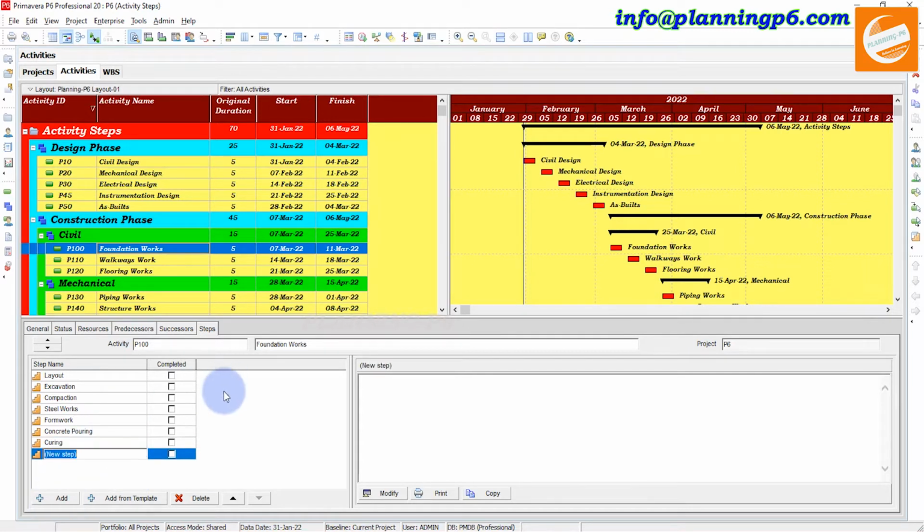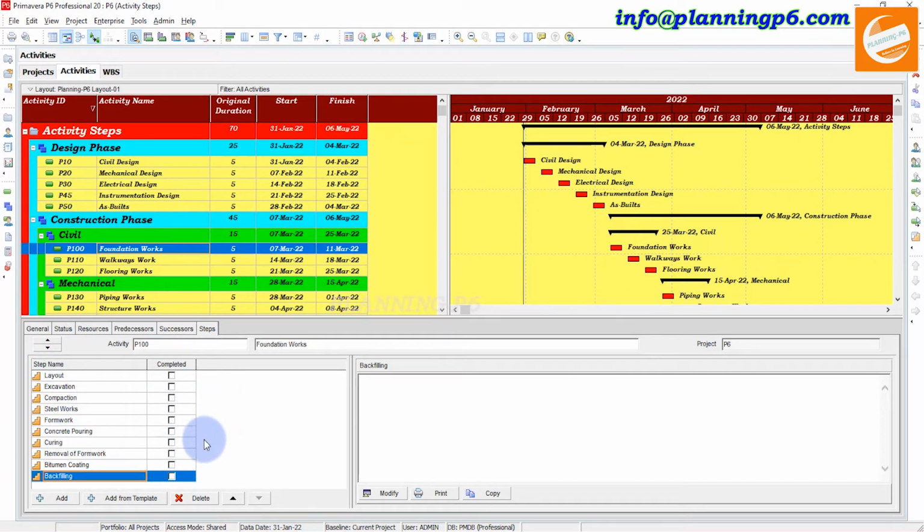After the curing, removal of formwork. Then bitumen coating. Then at the last, backfilling or leveling. Tests are also involved, and you can add them in all the sections.